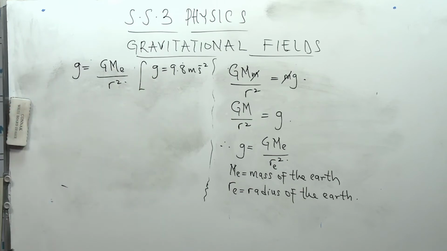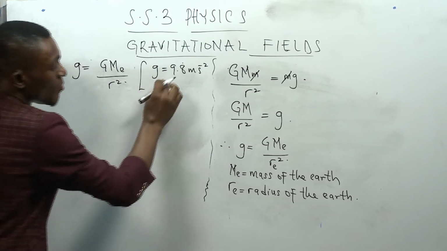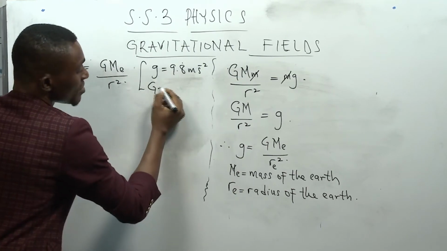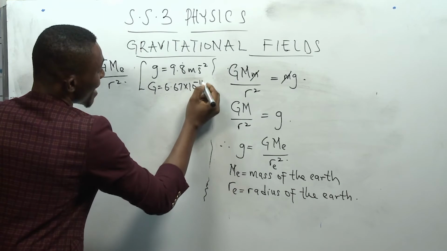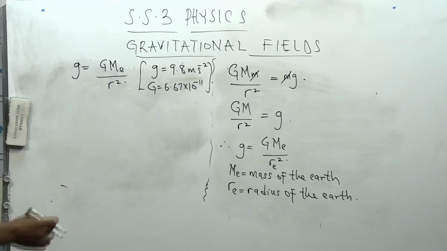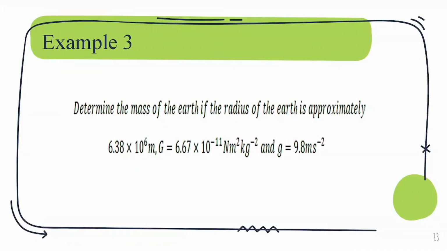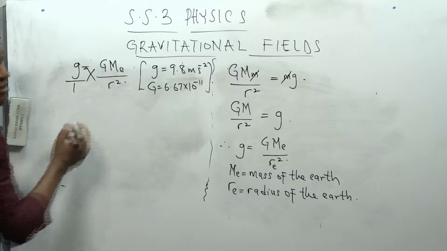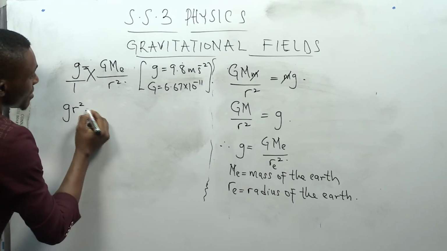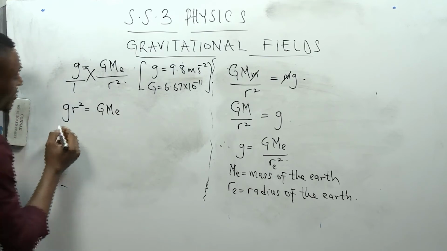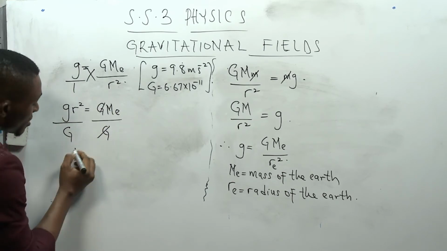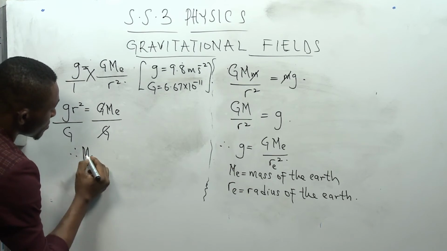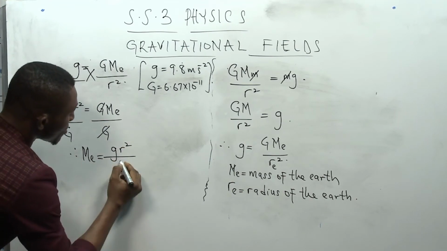g is the acceleration due to gravity of the Earth, and every object falling to the surface of the Earth must move with this value. And big G, which was defined as the universal gravitational constant, is equal to 6.67 times 10 to the power of minus 11. Knowing these values, we can calculate the mass of the Earth and the radius of the Earth. So for this question, we want to calculate the mass of the Earth. If we cross multiply here, we are going to have g r squared is equal to G Me. Dividing both sides by G, because our interest is in the mass of the Earth, we have the mass of the Earth equal to g r squared over G,